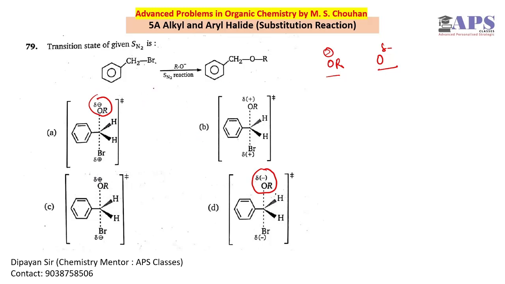Now initially we have bromine as neutral and finally after the elimination it will become Br minus. So in the transition state it should be present as Br delta negative. Okay, so here we have Br delta negative, but here we have delta positive. So delta positive cannot be the case, so this will be the proper transition state. You can check my class video lectures where we have discussed the transition state formation theory elaborately.